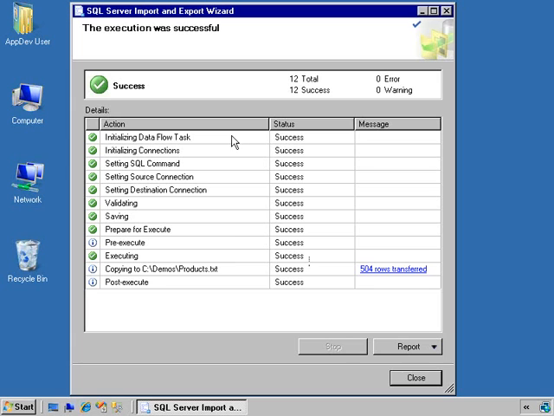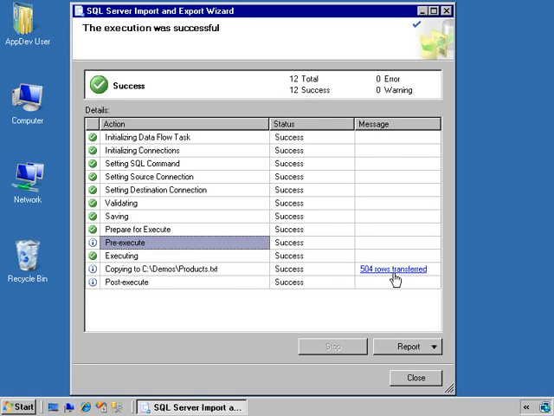And as you can see, it gives me various steps in the execution. Depending on my selections within the wizard, the list of actions is going to vary. So in fact, if I had not opted to save the package, this saving action would not have appeared. And as you can see, I get a green dot for all of the actions that executed successfully. This is just an informational step that it's starting the pre-execute, so that's an I. And then it copied everything successfully,